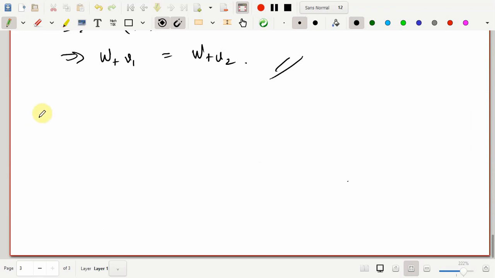Using this, I'll be proving one of the important theorems using this above observation. So that's the last theorem for this particular lecture, and with that I'll stop the lecture. Okay. So the theorem says that,